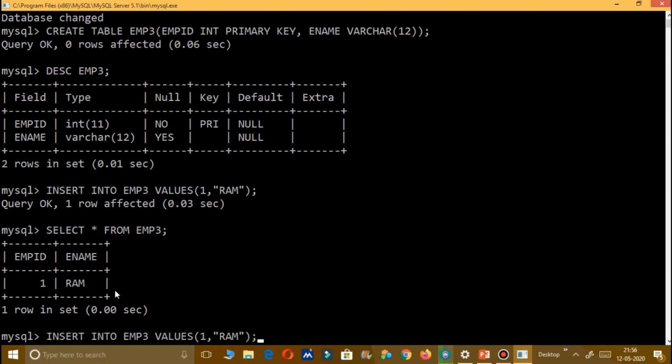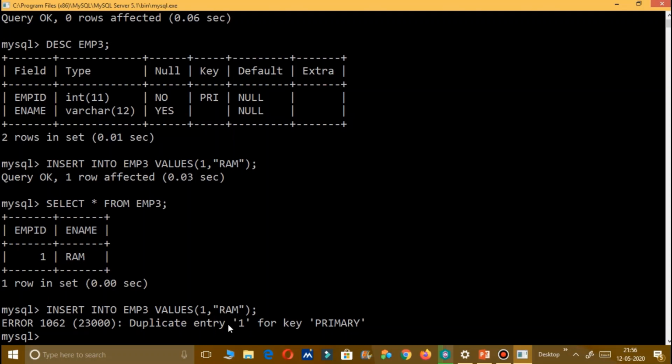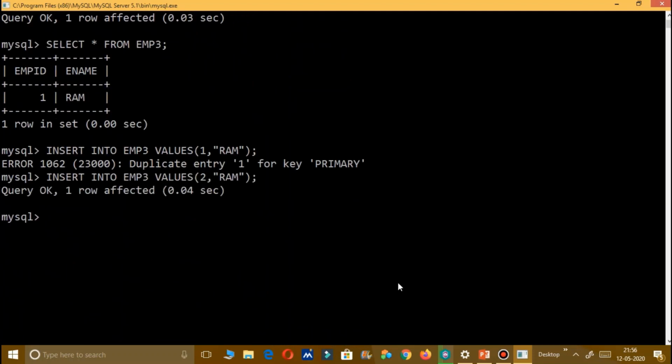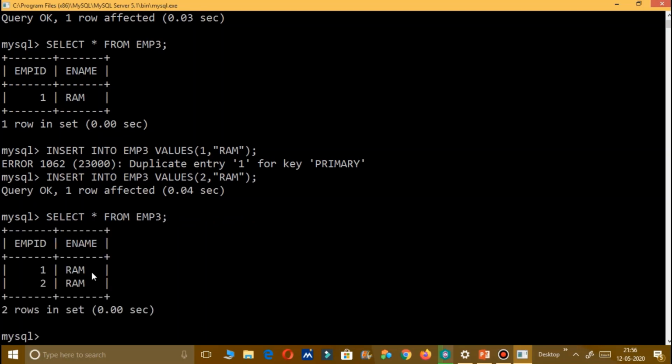Now I want to insert another row. See, the primary key will ensure that a similar entry is not allowed to be entered, right? If I am entering the same value again, the 1 is already there, so it will not allow me to enter 1 again. Okay, so we can make changes here. So it is allowing me. Now I want to see again whether the data has been inserted properly. See, here repetition is allowed, but here the repetition is not allowed. Fine. I hope it is clear.